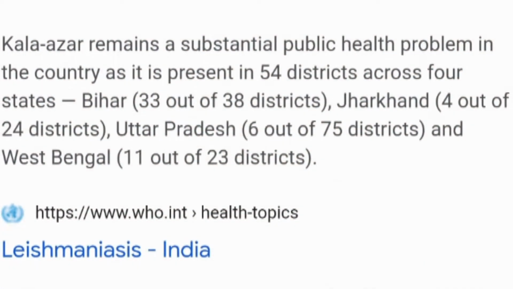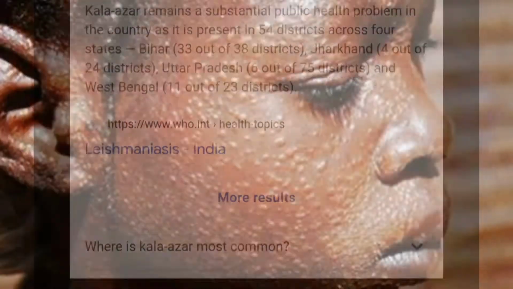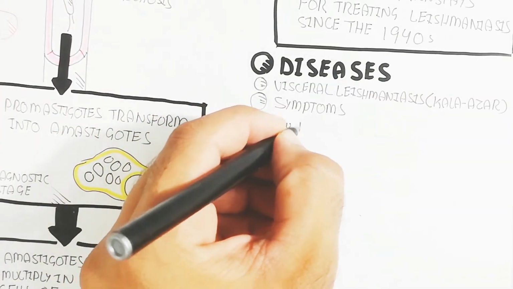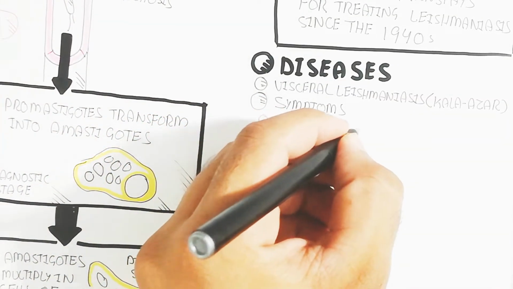On the other hand, Kala-Azar remains a substantial public health problem in the country, as it is present in 54 districts across 4 states: Bihar, Jharkhand, Uttar Pradesh, and West Bengal, which are shown here. You can see the districts which are involved. But in this way, there is low-degree fever,